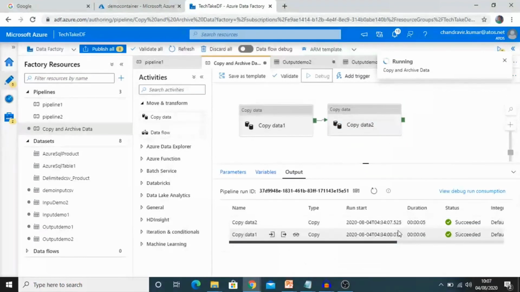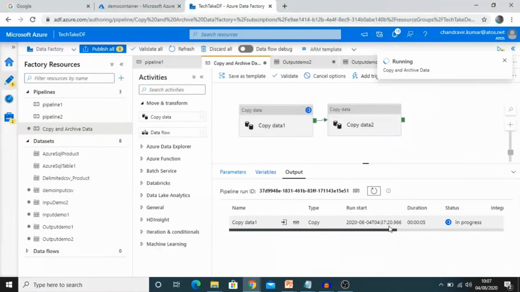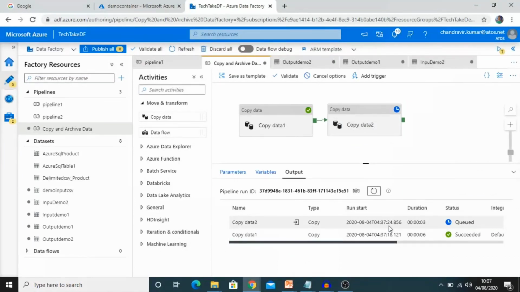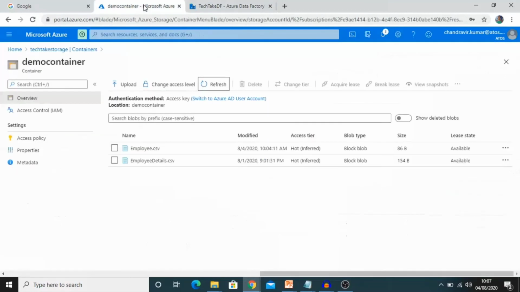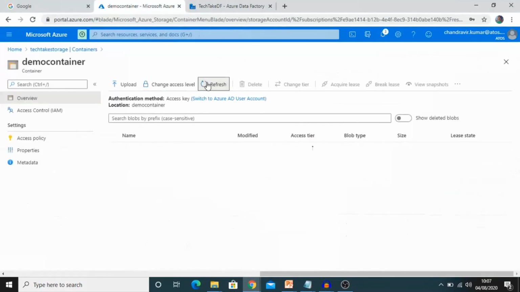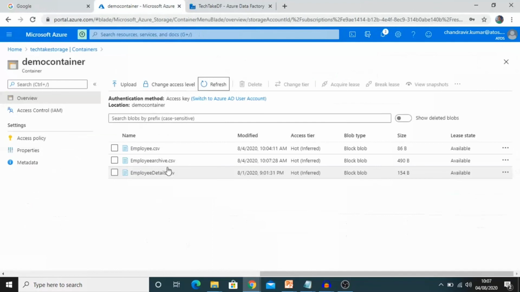for parameterization through the pipeline. If you hit this, copy data 1 succeeded. Copy data 2 is still queued, in progress. If we refresh again, it's succeeded now. If you move to storage, the new file should be here, employee archive.csv.